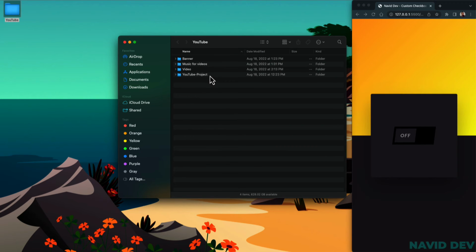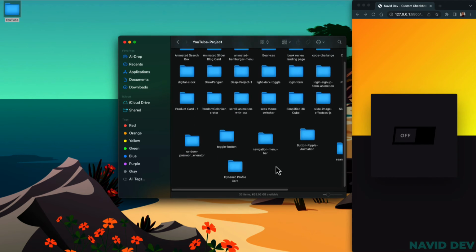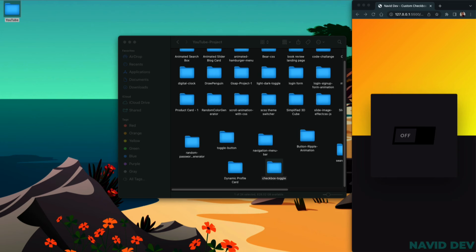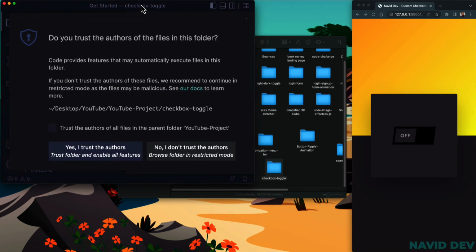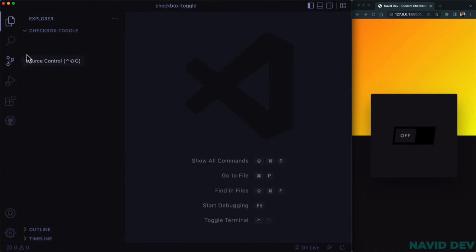I'm going to create a new folder in YouTube project. Alright, new folder, and I want to name it checkbox-toggle. Okay, a new window on VS Code and drag and drop. Okay, in here